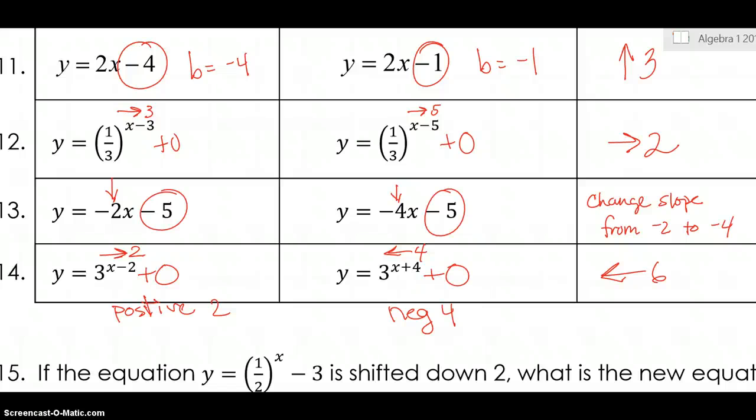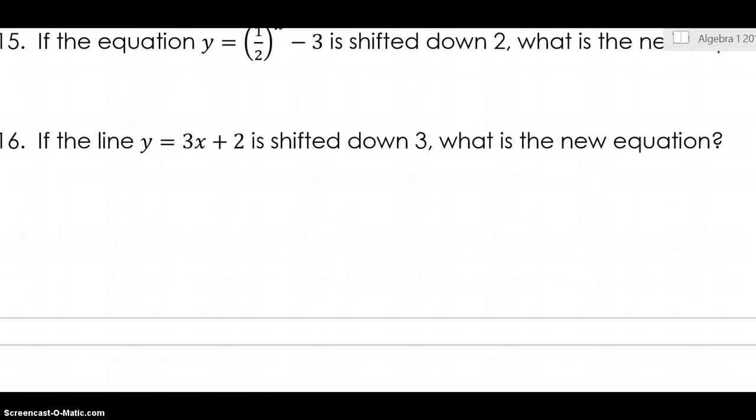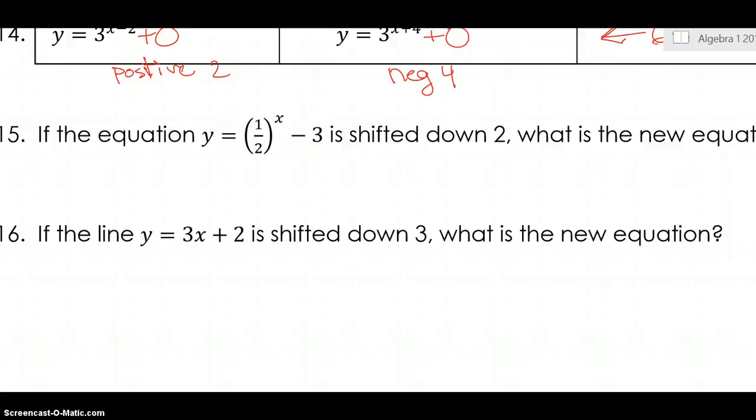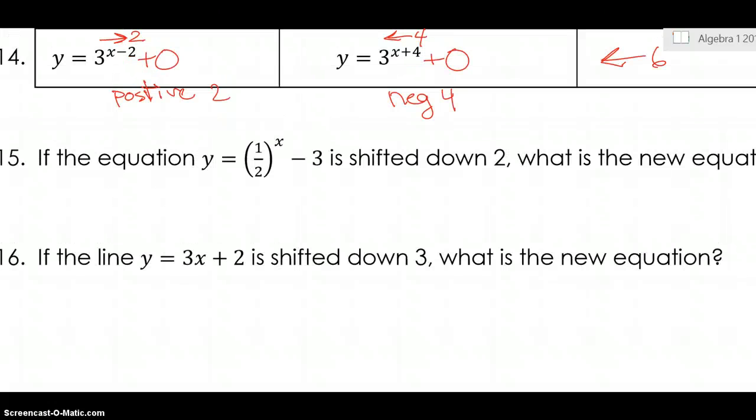Okay. We've got, what, 2 more examples here? It says if the equation y equals 1/2 to the power of x minus 3 is shifted down 2, what is the new equation? Okay. The down 2 goes with the k, that's off at the end, so we would have to